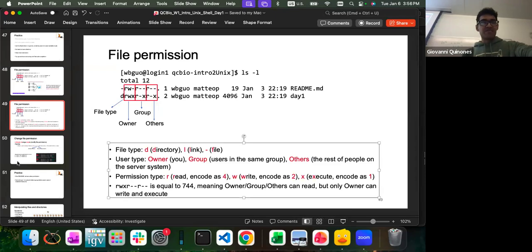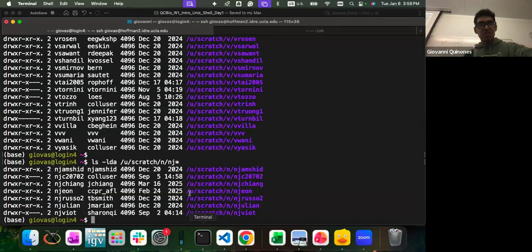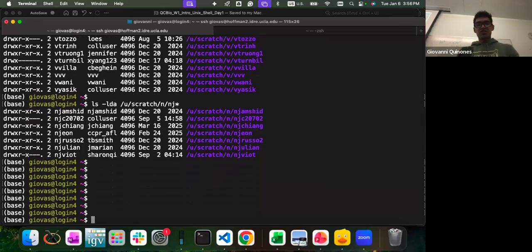But yeah, this is the levels of permissions. And once again, if you want to change the permission, you use the chmod function. And maybe to make it more systematic and more consistent on the number system, it's the number that you want for yourself, most of the time 7, the number for your group, and the number for others. So 744 is pretty standard, and then followed by the name of your directory or file that you want to change the permission of.